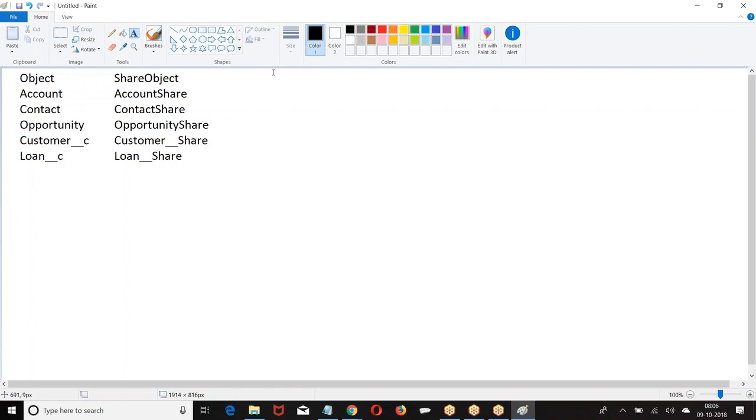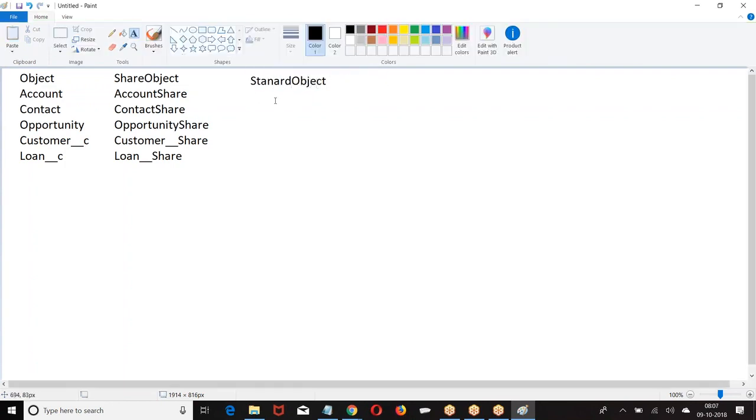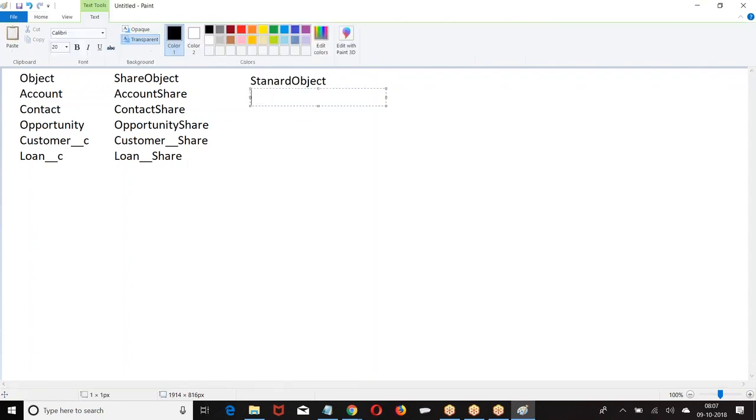Now let us take a rule here. I am trying to define sharing rules on a standard object. Then what will I have?